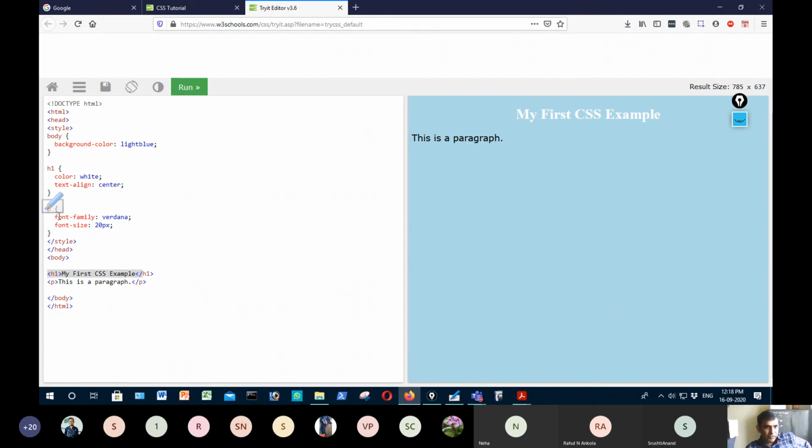Similarly, for the paragraph, we have used font family and font size as 20 pixels. So the given style, font family and font size of 20, is applied to it. And we have also given for the complete body, whether it is this heading or this paragraph, for everything the color should be light blue. That's why you can see the color is light blue.